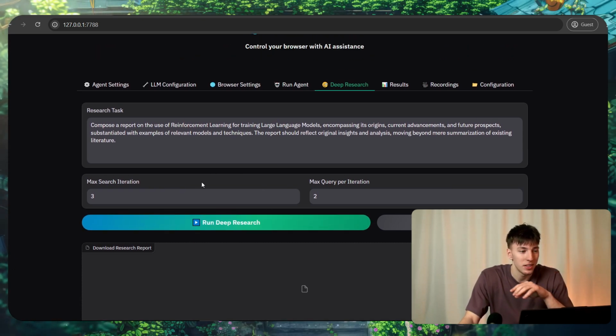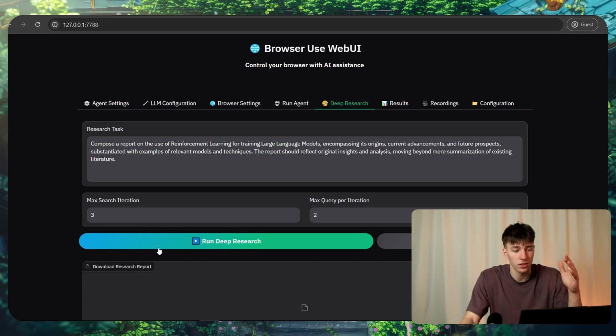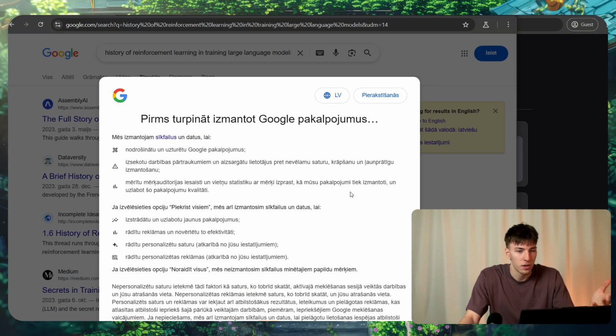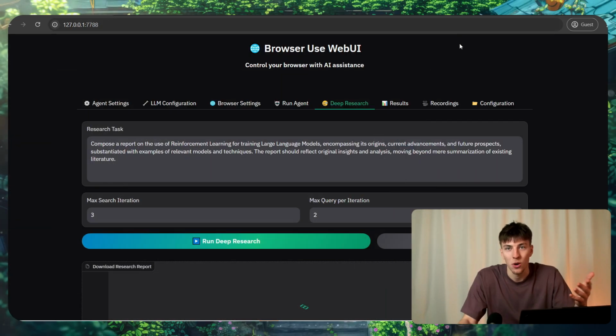It's not going to be as much as OpenAI's results, but still we can get the idea. Now, when we run this research, it will also be like in the previous steps when we ran the agent, and you can also see how it opens the tabs, goes through the tabs. You can see it right here. It also does the same as with the agent part, with the AI operator part. It opens the tabs, it does the part, and you can follow through and see how it researches through